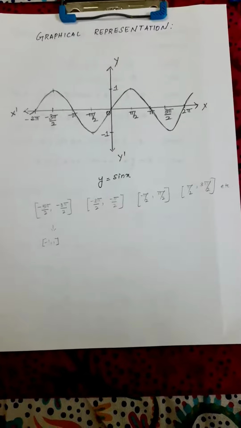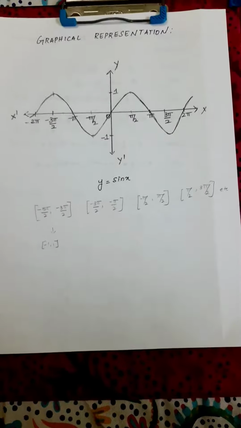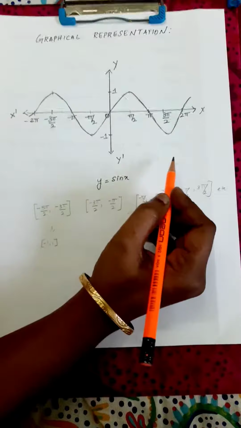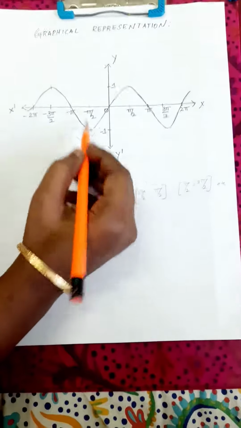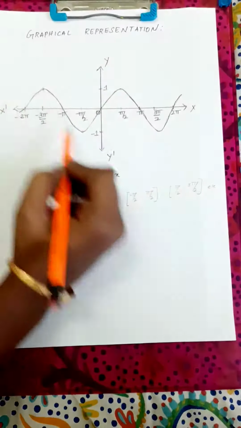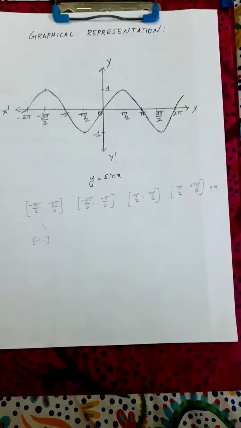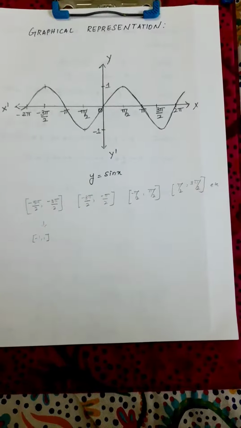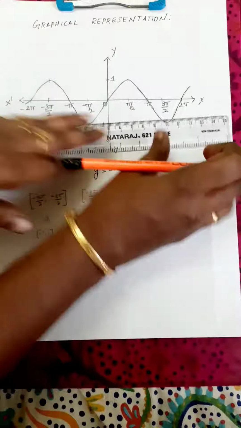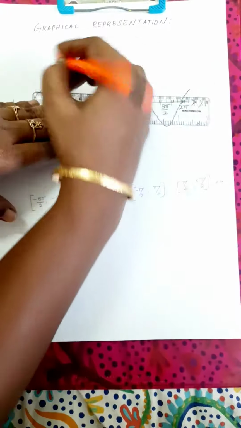So now we are going to find out the inverse of the sine function. First we will see the graph of the sine function. Look here, this is the graph of the sine function. We know the value of sine for all the angles. Minus pi by 2 is minus 1, pi by 2 is 1. So this is the entire graph. We know that for a function to be invertible, it must be both one-to-one and onto. Now let me draw one line along y equal to half.